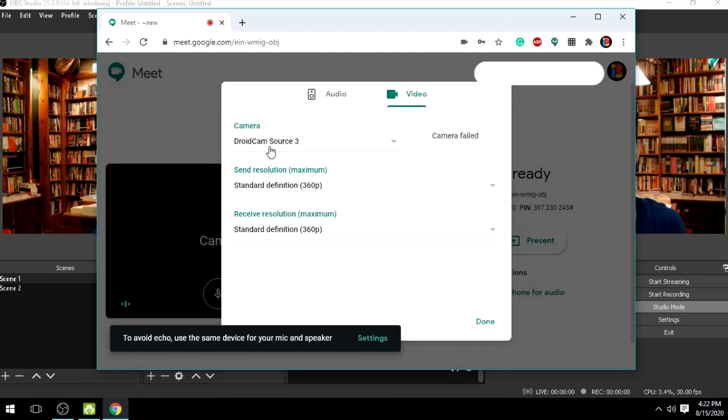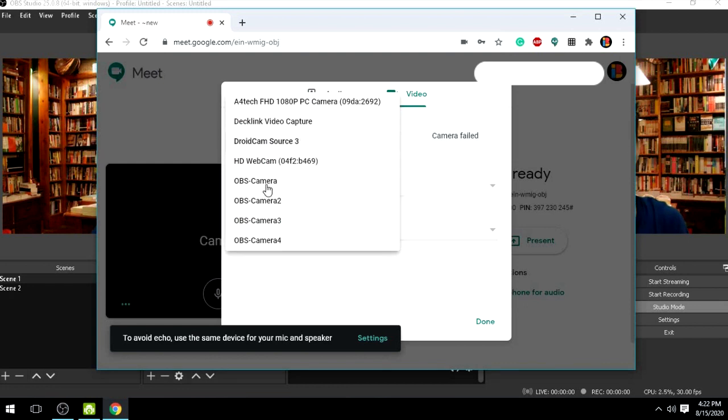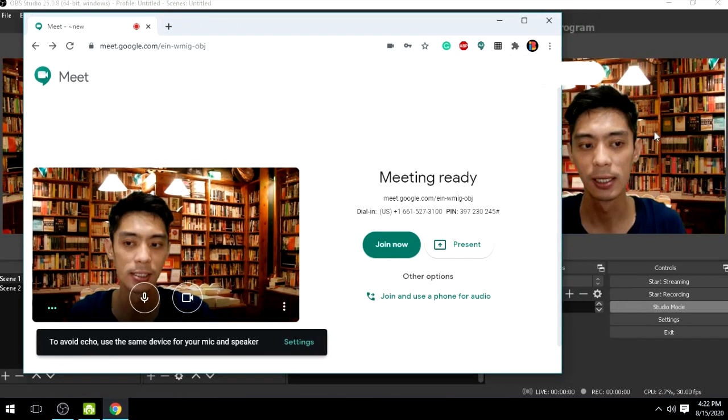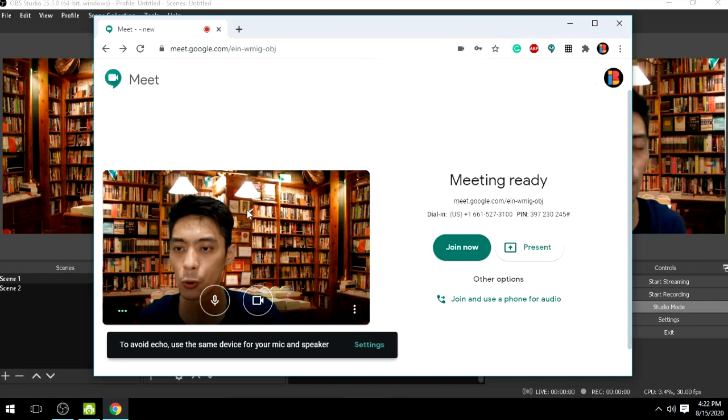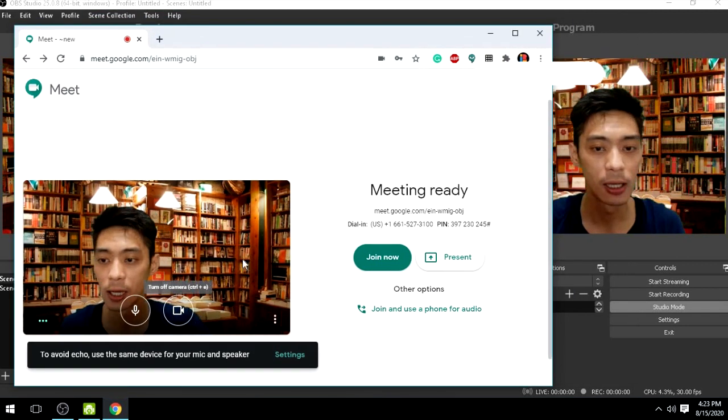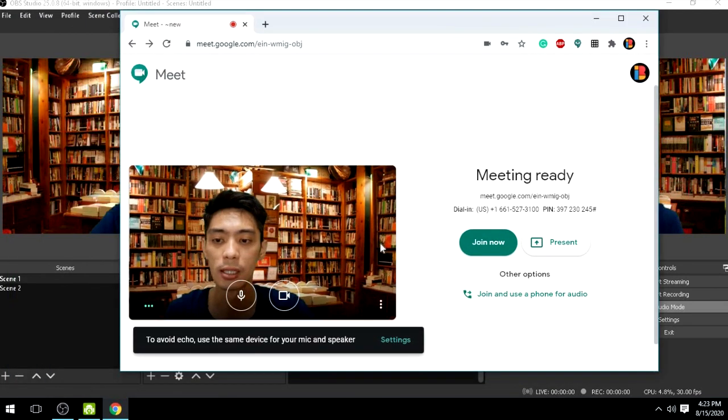So one camera lamang, and so select natin dito yung OBS for us to be able to display kung ano yung nasa OBS natin. So sometimes dito merong worry na bigla naka-mirror image, so do not worry. Ang viewers naman natin, ang nakikita nila is yung ating normal screen or yung nasa program ng OBS, not the mirror image. Okay, and then from there you can join, or you can start your video meeting sa Google Meet. Okay, so I think that's all for the